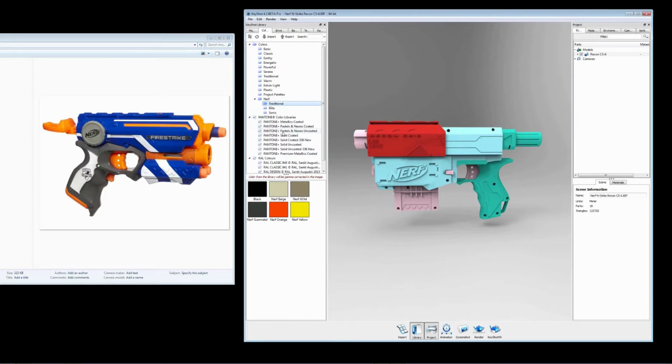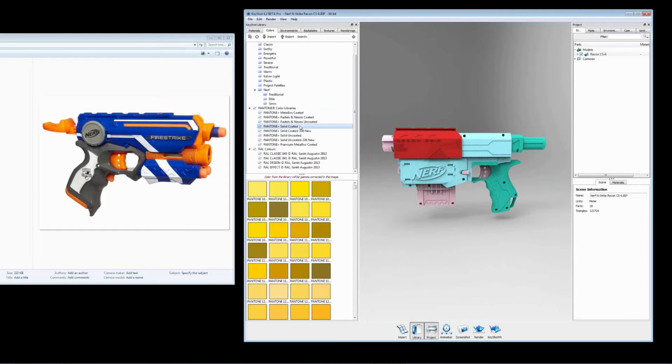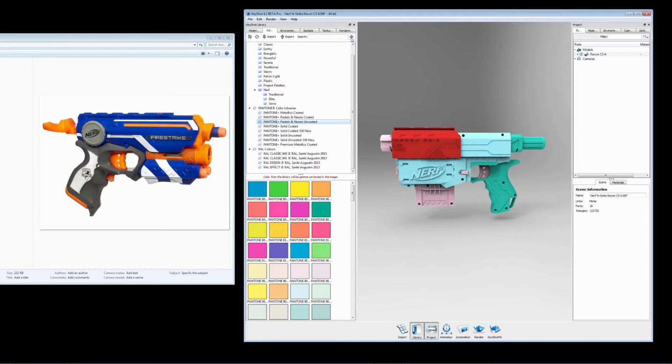Okay, well that should be good enough for now. So another way of adding colors is to use the color finder. If you have colors existing in your library already, or you'd like to use say some Pantone colors, we can go in here and use our color finder,